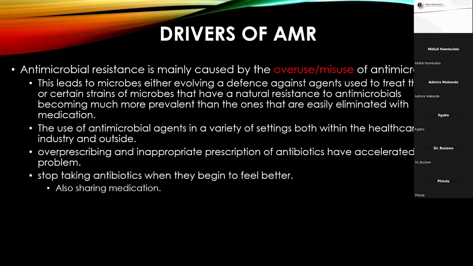So you end up not finishing the course, leaving few remnants of antibiotics, and the bacteria end up learning how to resist. All courses of antibiotics have to be completed. If not completed, it's promoting